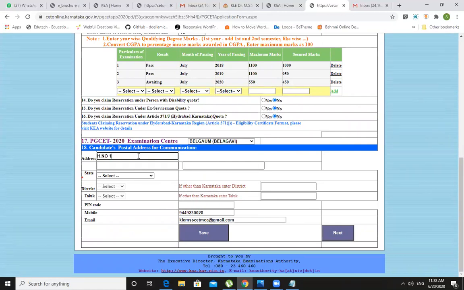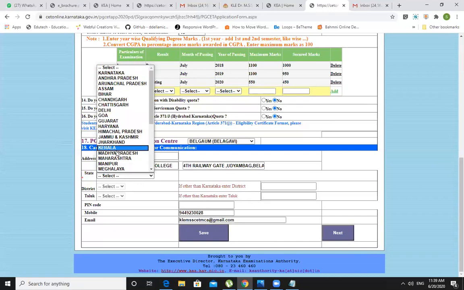House number 1940, Kaylee Engineering College, Jambag, this 4th railway gate, Belgavi.